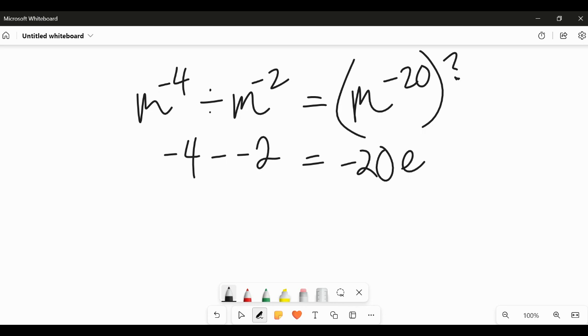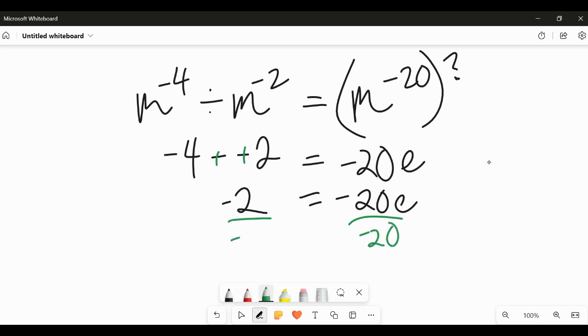Negative 4 minus negative 2 is the same thing as negative 4 plus 2, which is negative 2. And then if I want to get e by itself, you divide both sides by negative 20. And 20 doesn't go into 2, but that's okay. You can have a fraction, okay? Just remember, these cancel. A negative divided by a negative is a positive. So my e is, at the end,